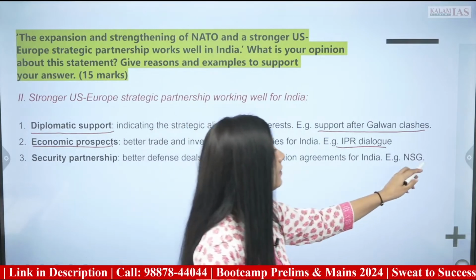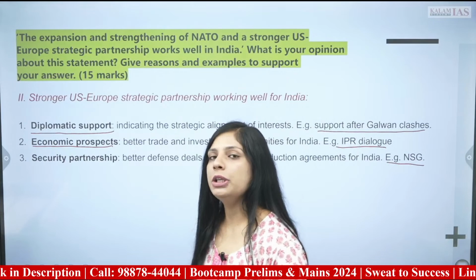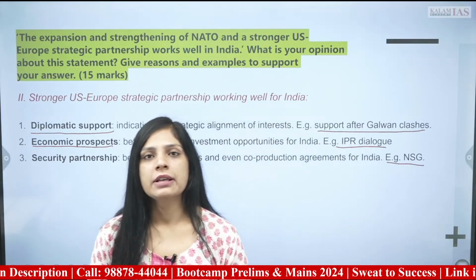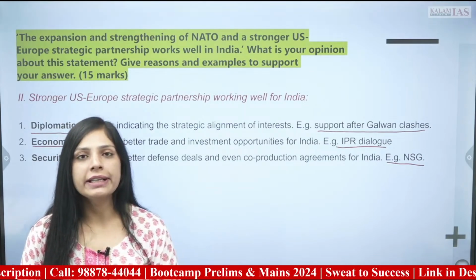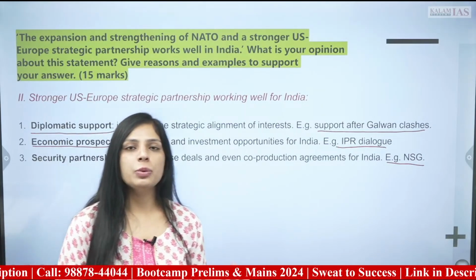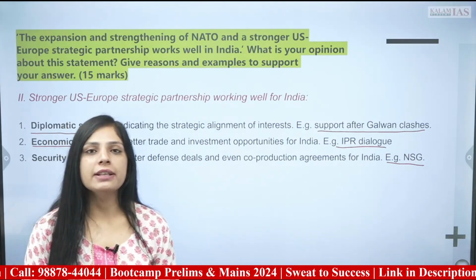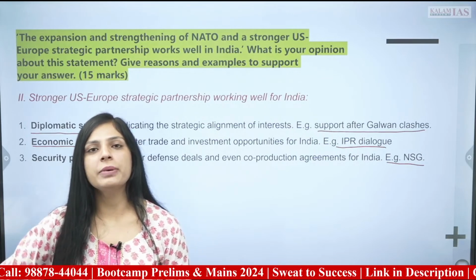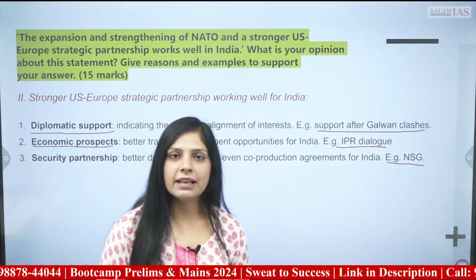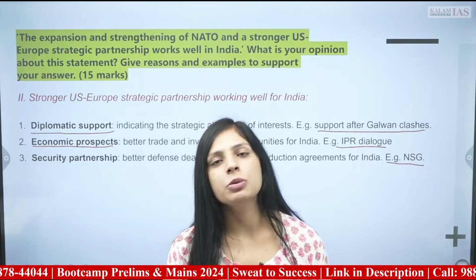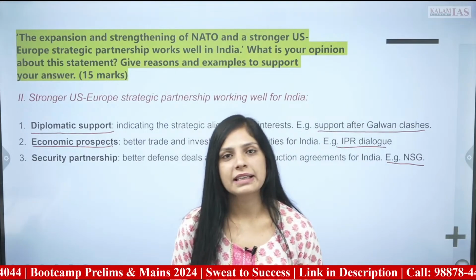We can see more support for India in the Nuclear Suppliers Group. The US has actively supported the NSG waiver for India, and while the US and Europe would be in coherence with each other, for India there would be better support guarantee in the military arrangements as well, right? India's nuclear security would be provided in such an environment, right?